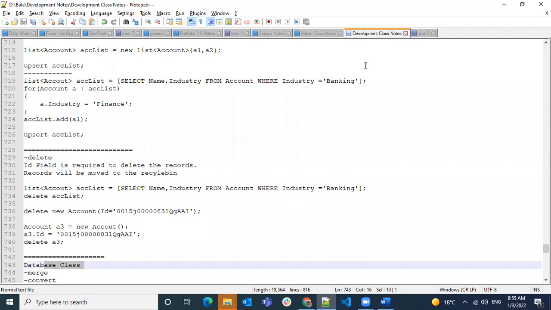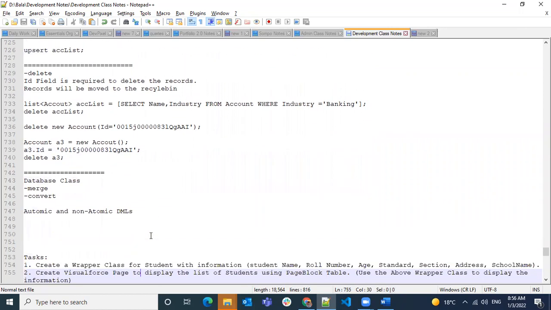That is, even though some records fail, that's okay, fail them, and whatever good records you have, pass them. Whatever operations you perform, pass them, and continue with the process. We're going to discuss that in more depth in tomorrow's class.